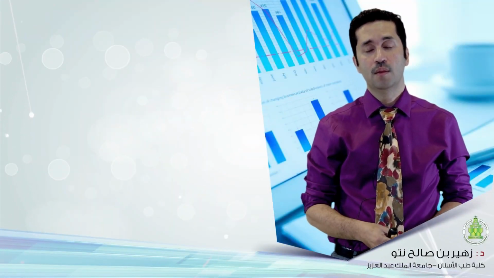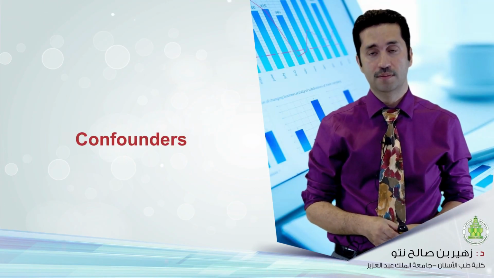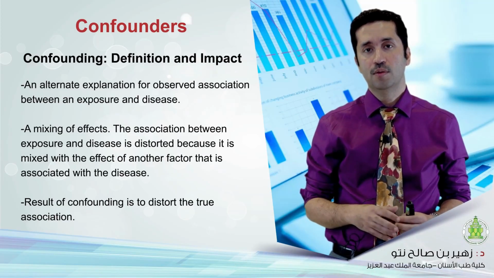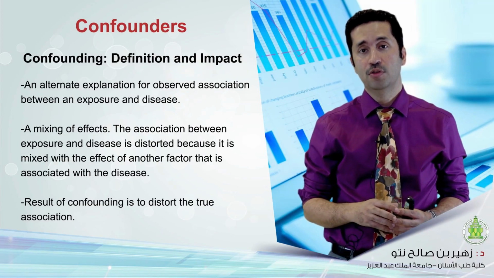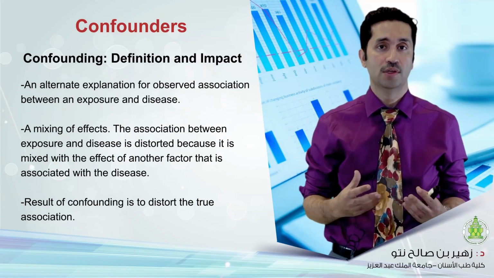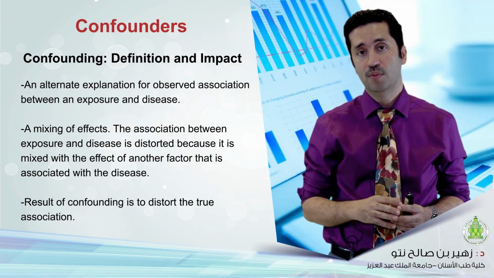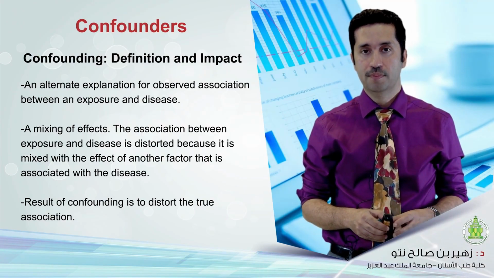In this video, we will learn about confounding variables, also known as confounders. Confounding variables, or confounders, are variables that must be studied in any research because they can alter the results. That is why they are called confounding variables or confounders. They can change the results in a way that may negatively affect the final outcomes of the study, because as